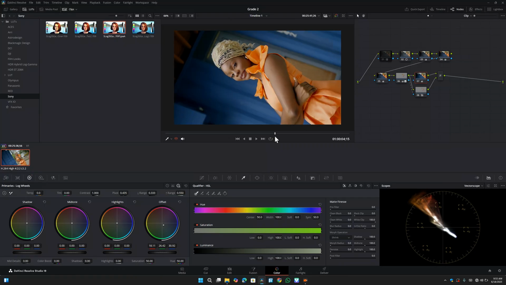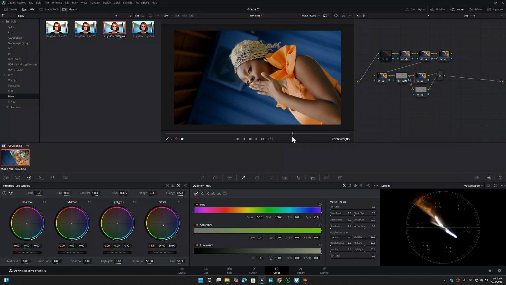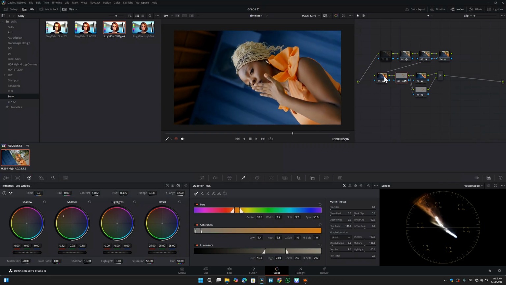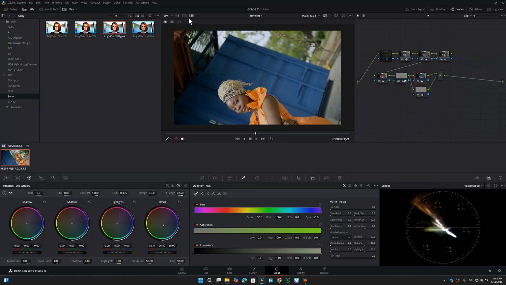So this is it, as you can see. So you watch, you notice that this part is only highlighting the skin, which is what you need to do at this particular node. Then this one is for the background. Then if you want to now increase the saturation,